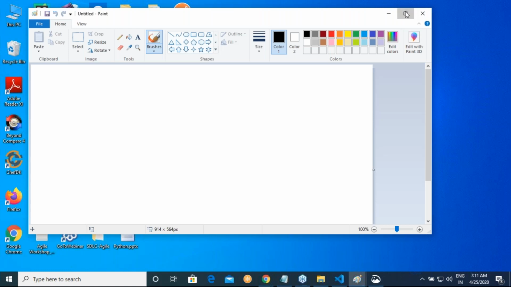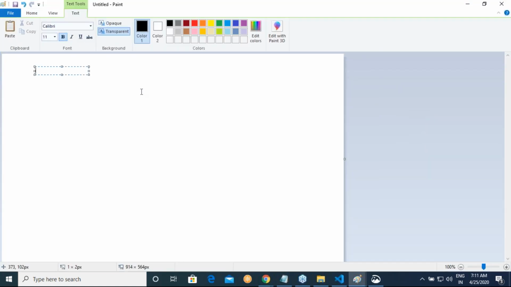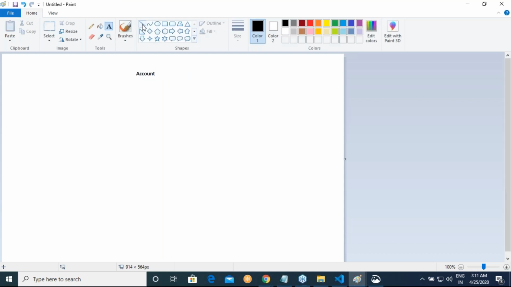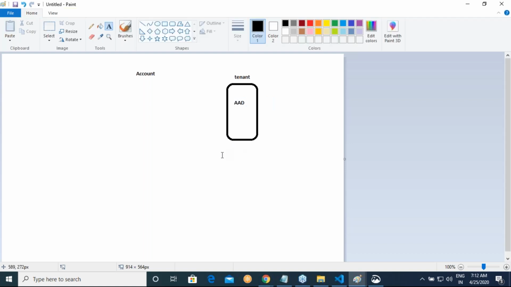So you go to Azure account, and you subscribe to your free tier account. So what is it that you would have? You have an account. Whenever you create an account, basically what happens is a tenant gets created, and this tenant is Azure Active Directory.